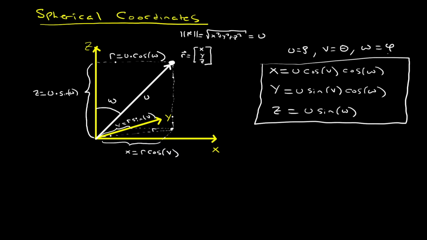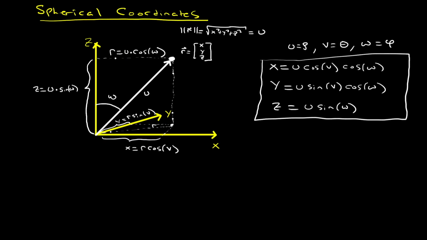But this is an extremely important coordinate system if you have, say, spherical symmetry. So any problems where either the domain that you're considering or the function that you're considering is spherically symmetric, this coordinate system is going to be extremely useful. And so the Jacobian matrix, which gives us, in some sense, all the first order rate of change information about this coordinate transformation,